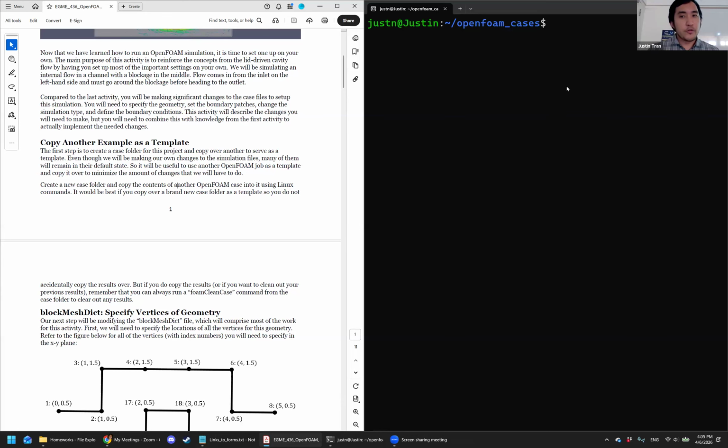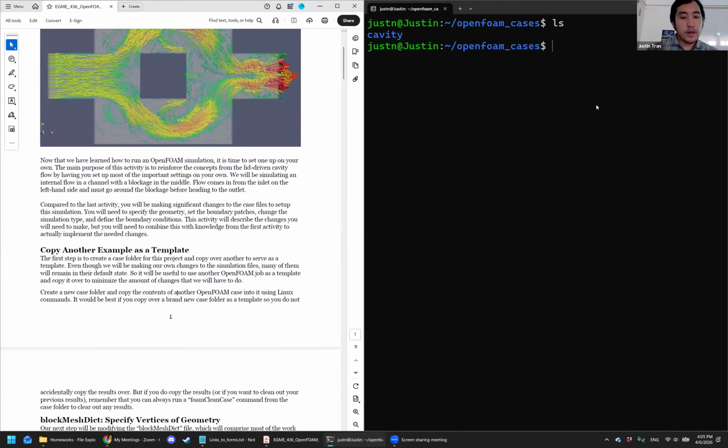First thing we're going to do, you can see here that I'm in my Ubuntu, in a folder called OpenFOAM cases. The only folder that I have here is for the cavity flow, which is the activity that we did for activity one. First thing I'm going to do is create a new folder here that is going to house our channel flow. So I'm going to do an mkdir command. That's going to create a new folder. I'm going to call this channel underscore flow,